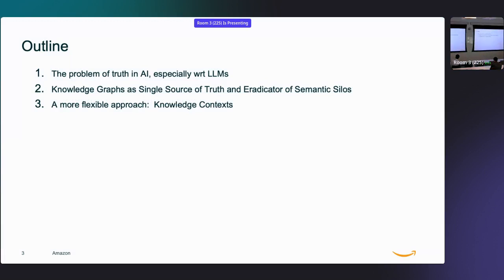Okay, so a pretty brief outline of the conversation. We're going to start with diving into some of the challenges with truth in AI and the general problem and opportunity as we see it. And then we're going to switch over to knowledge graphs, not only that history and that standard or traditional design approach and how we view silos, but also looking at the opportunity of what we can leverage from some of the features from the way that silos have manifested. And then lastly, we're going to dive into a technical conversation on building out this new design pattern. Well, not really new, but an alternative design pattern called knowledge context.